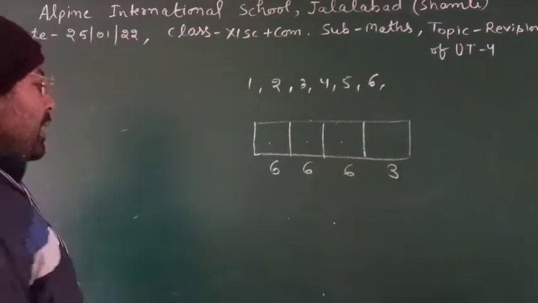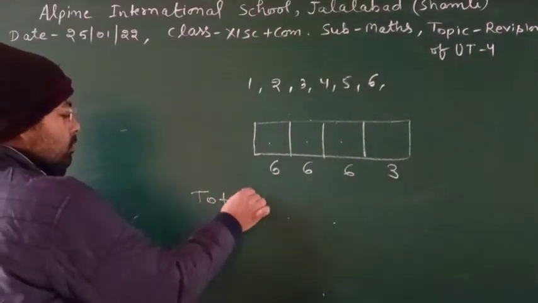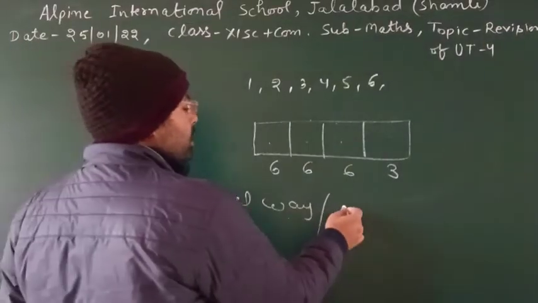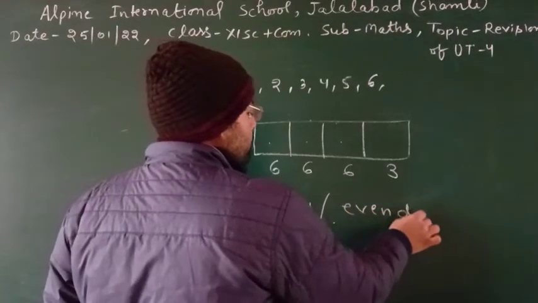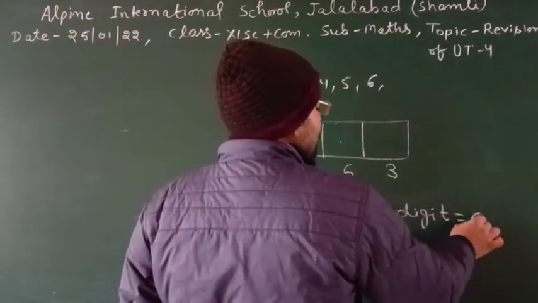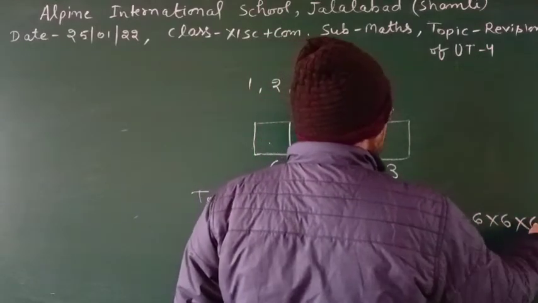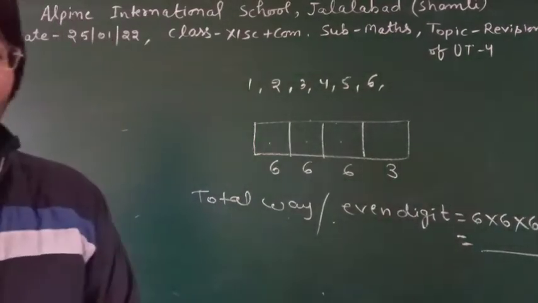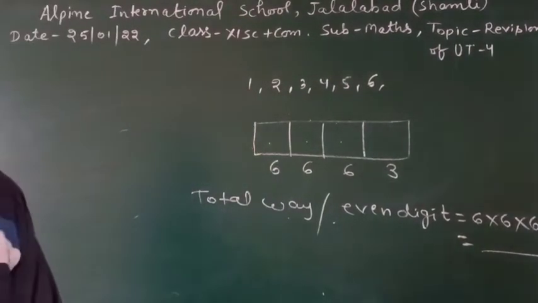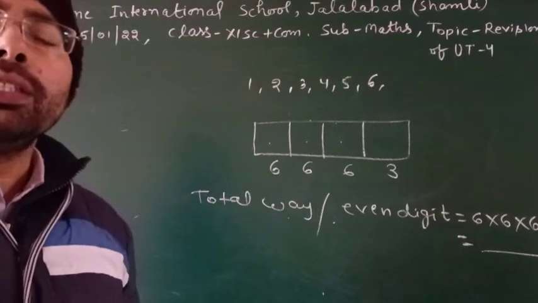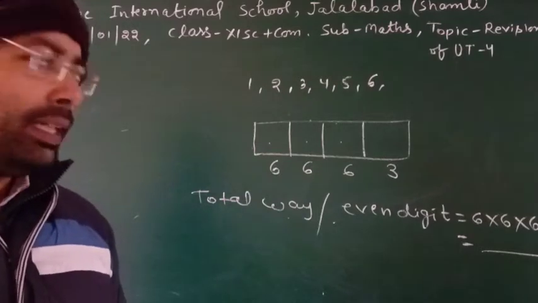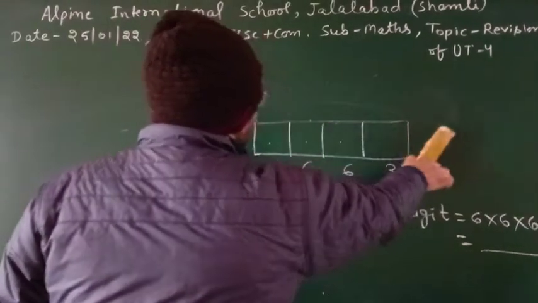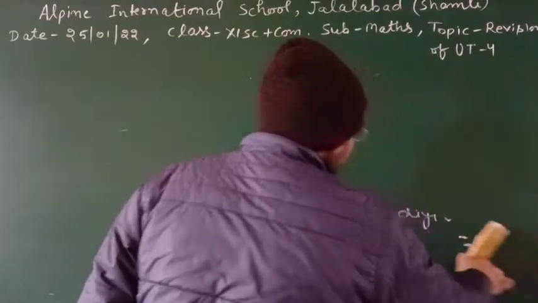So, total number of ways, or we can say total number of even digit, is equals to 6 into 6 into 6 into 3. So you can find the required number of digit which you can prepare here by using the digit 1 to 6. Clear? चलिए आगे डिस्कस करते हैं. ये सब वो क्वेश्चन है जो आपके एक्सरसाइज में दिए हुए हैं. ठीक है,